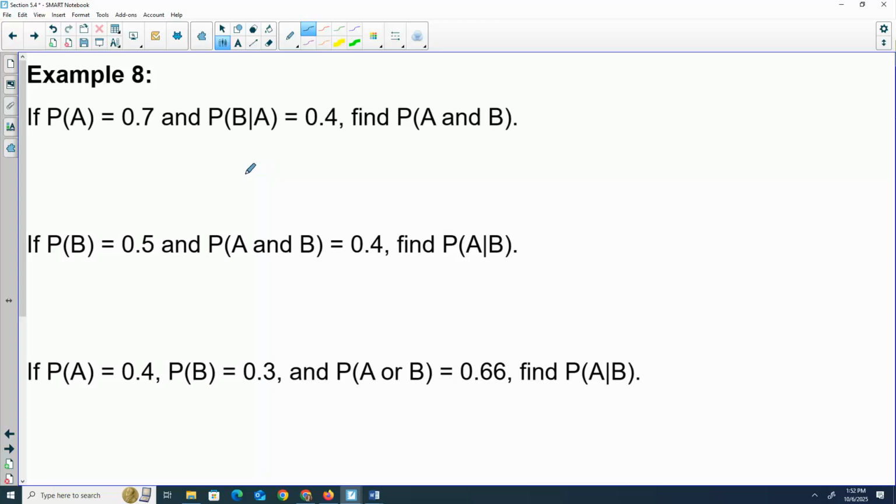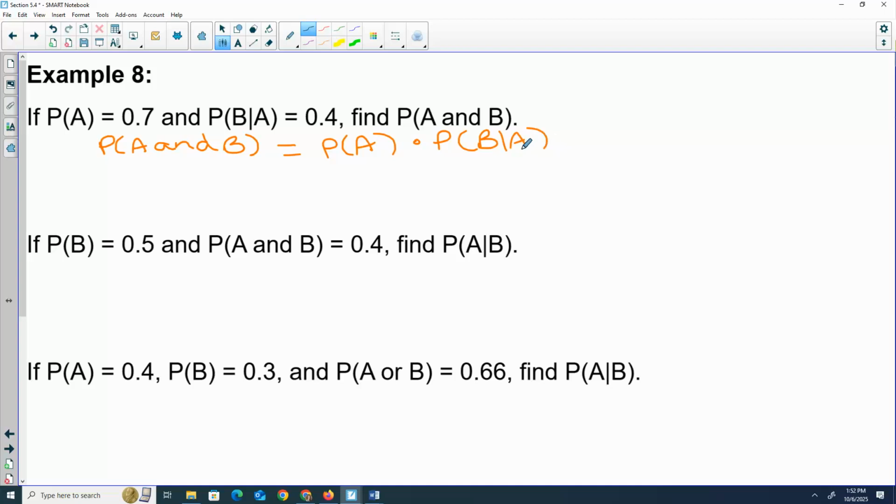If I set the probability of A is 0.7, the probability of B given A is 0.4. Find the probability of A and B. Worst case scenario, you are picking up your formula sheet anytime you get confused. All right, you have to flip around to the second page. And I'm looking for a formula that involves these. So if I go down to the first entry of that first column, it says the probability of E and F, which in my case I'm just doing A and B, equals the probability of A times probability of B given A.